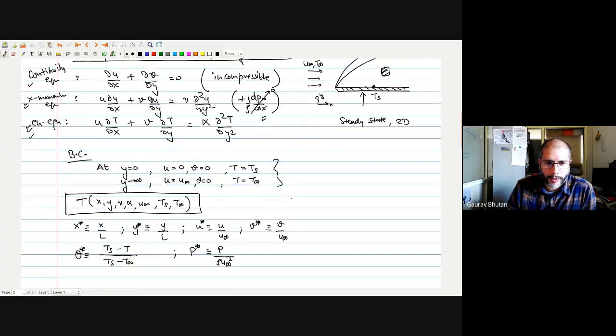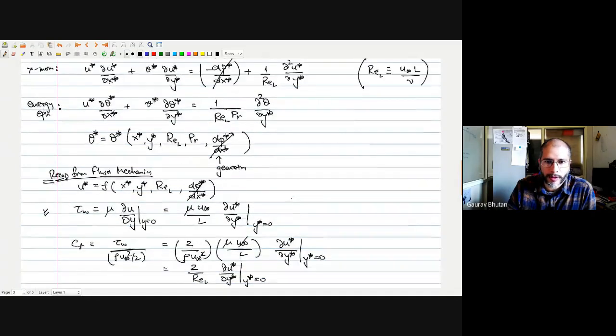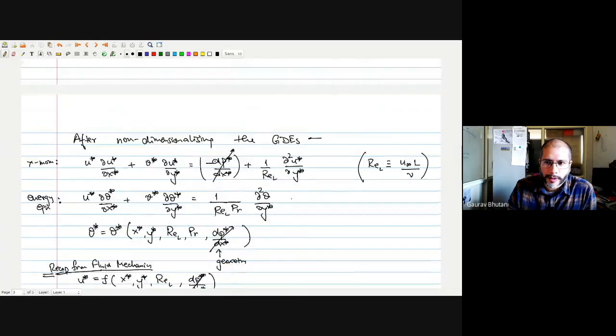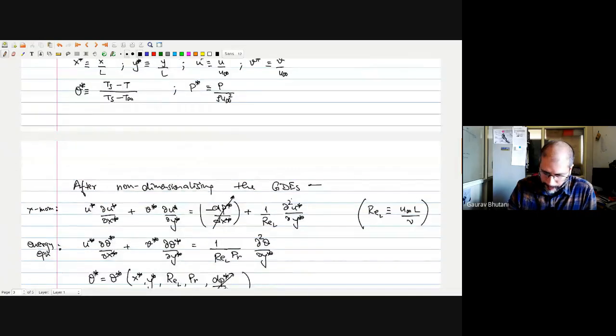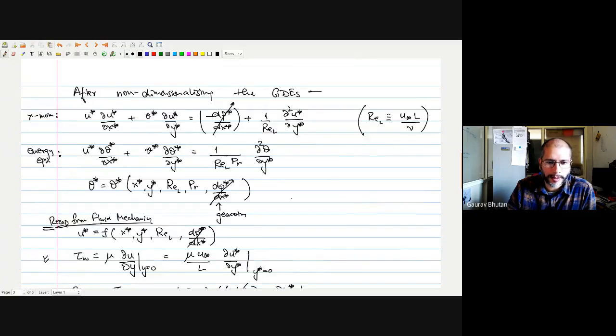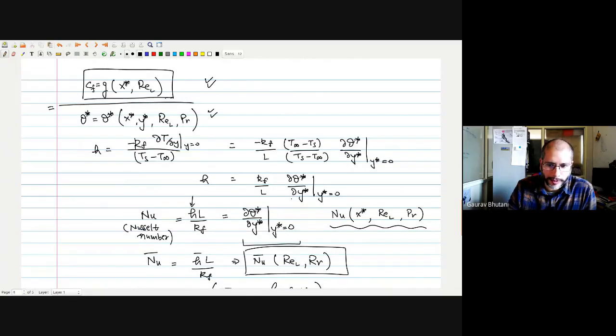Then the approach was to non-dimensionalize it and to understand the non-dimensional parameters, or the dependence of the skin friction coefficient and, in this case, the Nusselt number on the Reynolds number and the Prandtl number. So this gave us an understanding that typically it is these two non-dimensional parameters, the Reynolds number and the Prandtl number, which affect the Nusselt number values. Nusselt number contains the information about the heat transfer coefficient, which can then be used to calculate the rate of heat transfer, that is the Q value in watts, and that is the main aim in heat transfer.